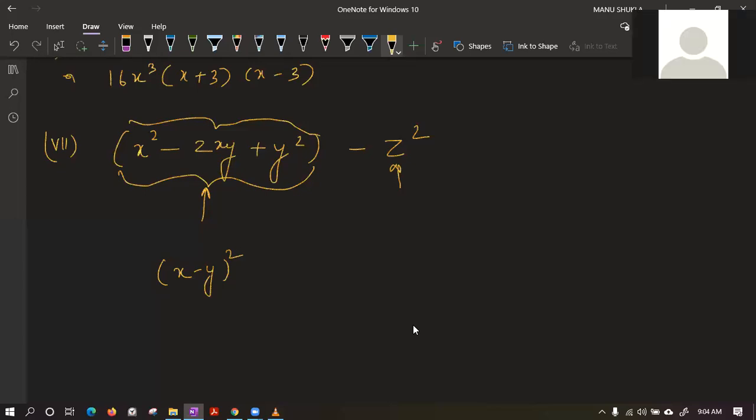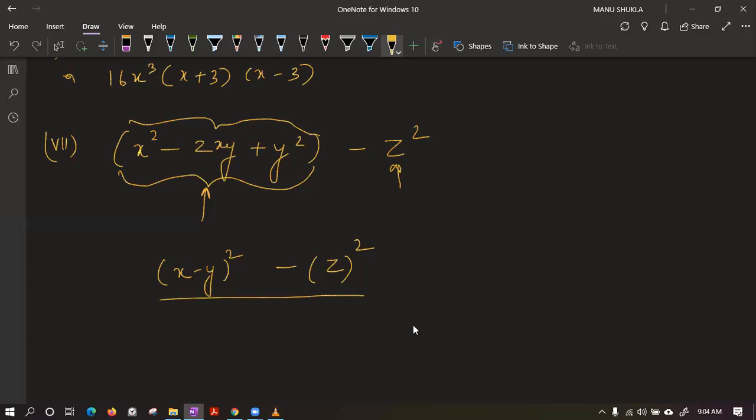Okay, so x minus y whole square minus z square can be written like this. Now, what is coming to your mind, class? Right now, when you have got this, first tell me, is this the answer? Is this the factorized form? No, because in between two expressions, we are having a negative sign. We should have only multiplication sign. Now the question comes, what to do?